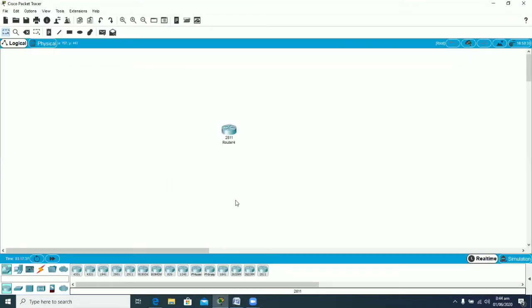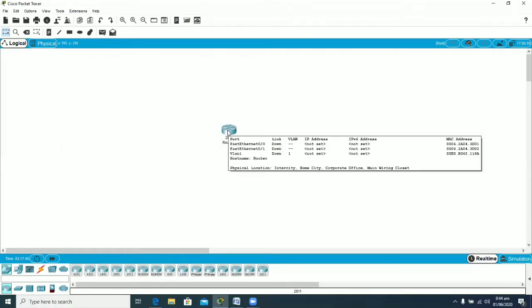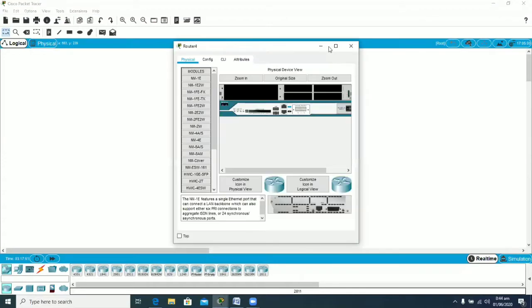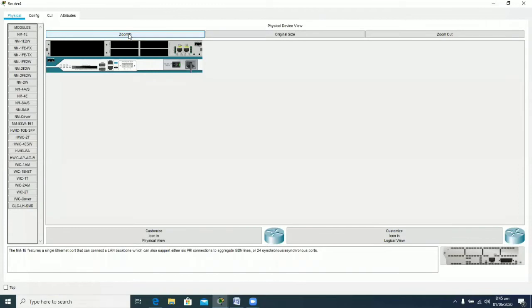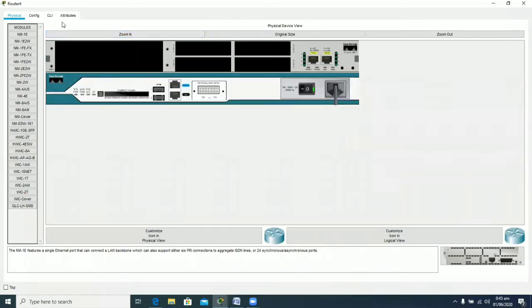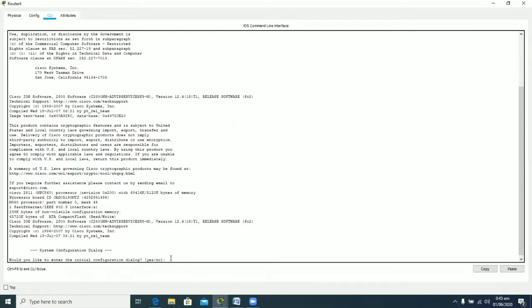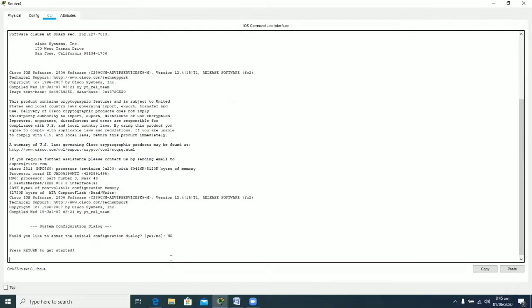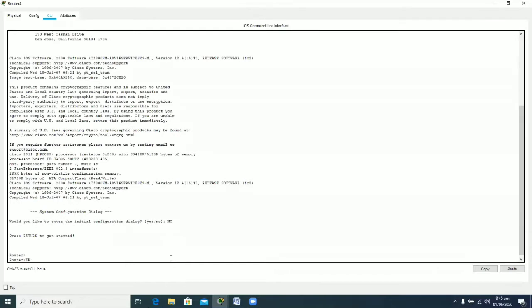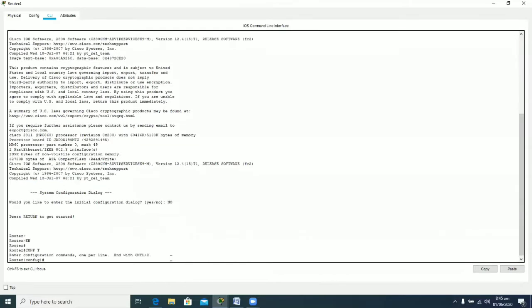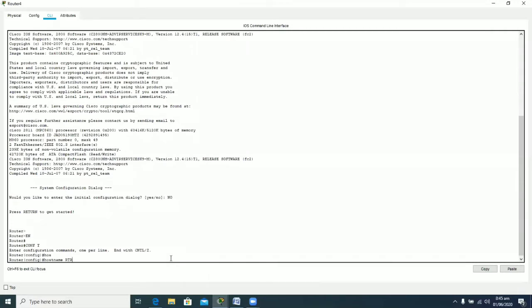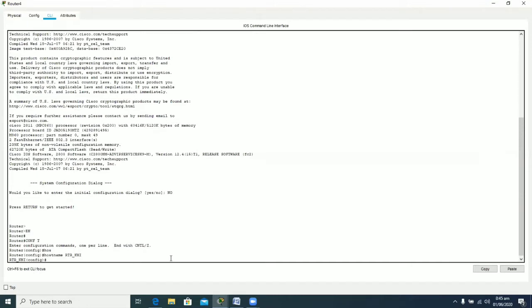This is our Packet Tracer work area, and I have taken a 2811 Cisco ISR router. At present there is no configuration on my router, so what I have to do is to provide some dummy configurations on my router, and these basic configurations have all been told to you in our lab number 2. So entering into the CLI of my router, I will use the command no, and after that I will enter into my enable or privilege mode, and here I will perform some basic commands, that is setting the host name of my router. Let's say my host name is RTR_KHI.